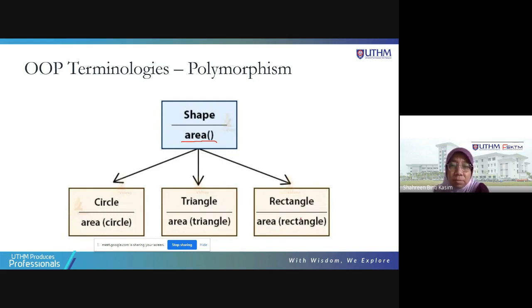Dibenarkan guna nama yang sama untuk function. However, area for circle should have different equation as compared to triangle and as compared to rectangle. It has same name but